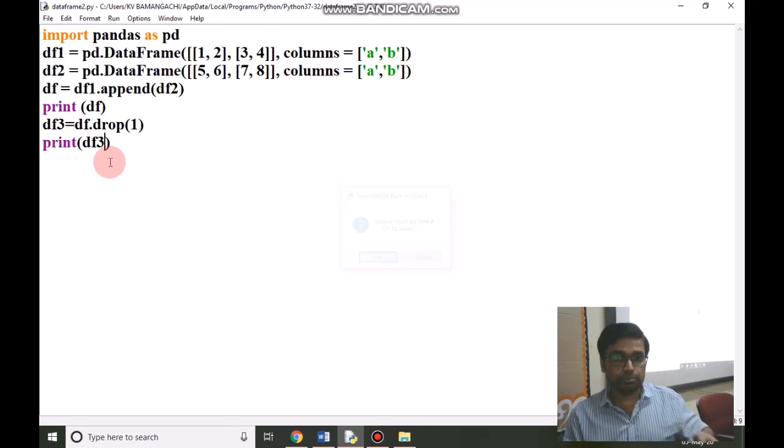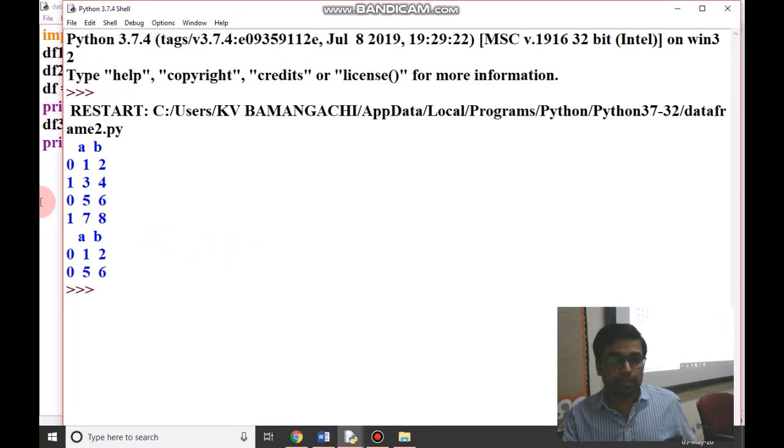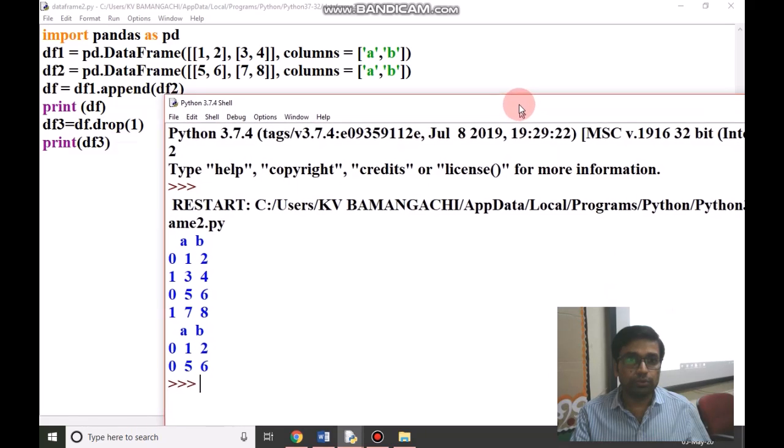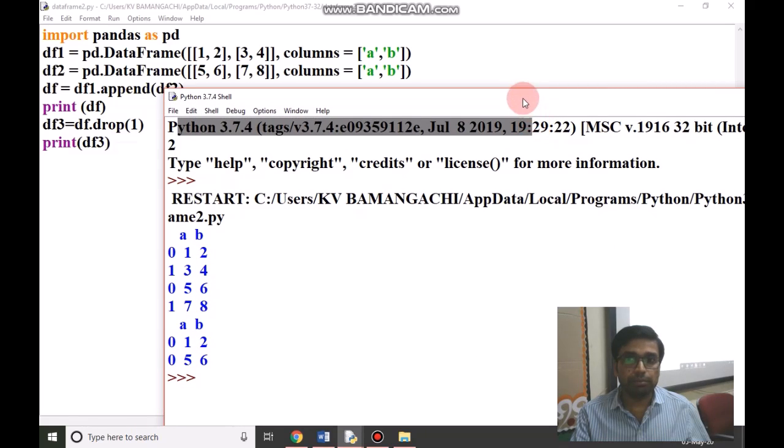After running this program, we will see the final data frame. The labels are 0 and 1, and the data is this, columns A and B. We have dropped the row which has label 1.